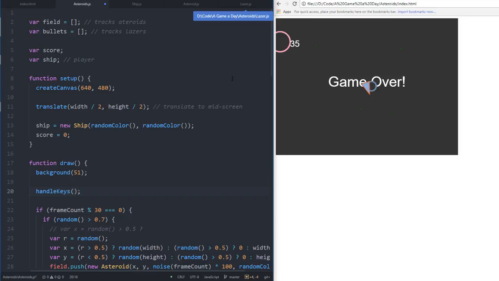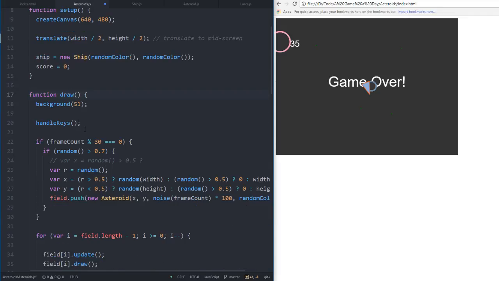Anyways, ship equals new ship. Random color. Cool. This is pretty simple. All we do is give it random colors. Now what we do, we have score equals 0. The draw function, which is background,